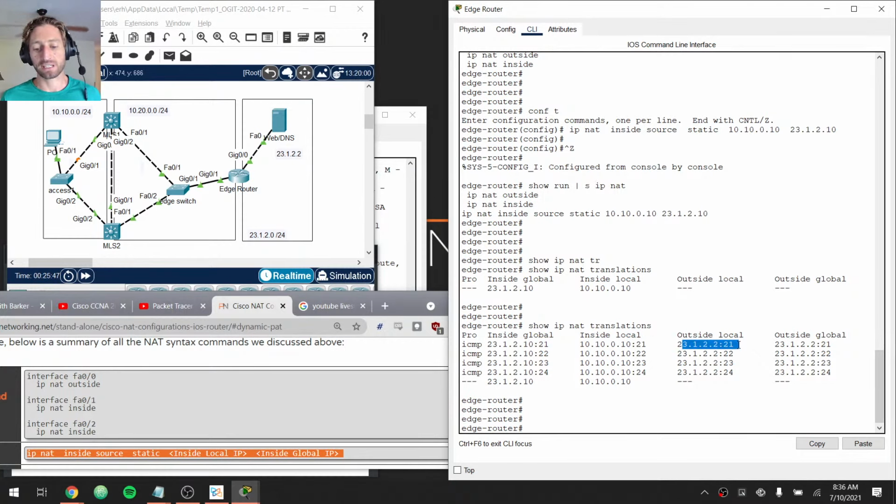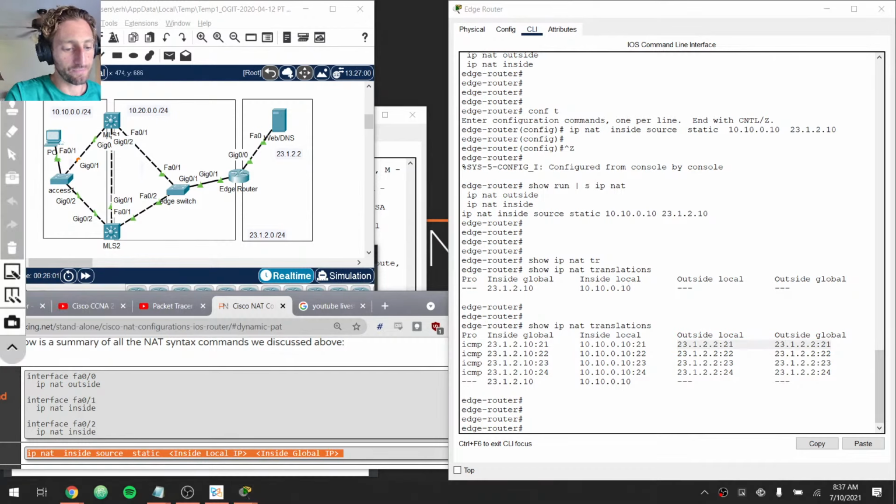It had an outside local of this, and the outside local was translated to that, but obviously you'll notice these are the same IP addresses. This is telling you we only translated one side of the packet. Meaning, when the packet was going this direction to the web server, it had a source of